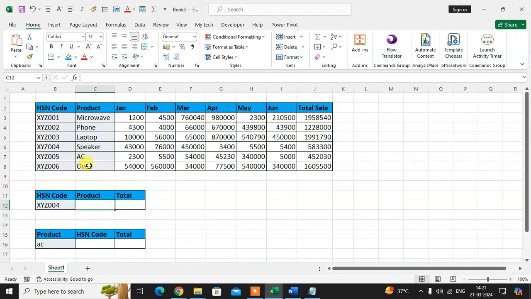In this video, we will learn how to use XLOOKUP in Excel. So let's start in my Excel sheet. I have here data: HSN code, product name, monthly sales, and total sales columns. Here I am using the XLOOKUP to get the output of product and total sales as per the HSN code. So I'm using here =XLOOKUP